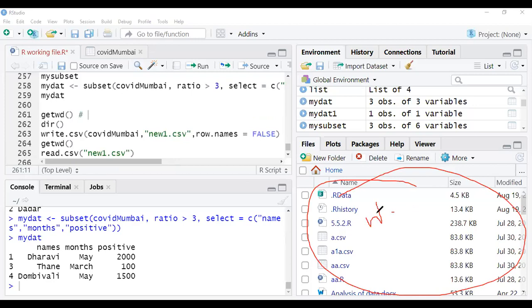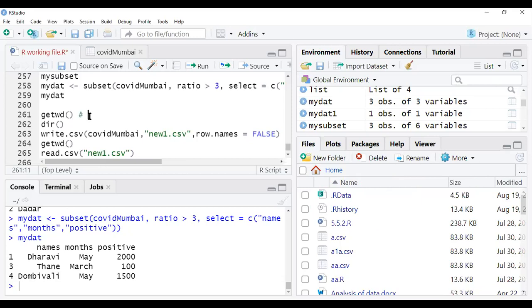Why is it called working directory? Because we are working on this directory. So this WD gives the current working directory. If I execute this, you can see what you are getting here.